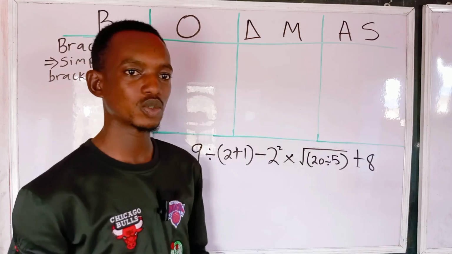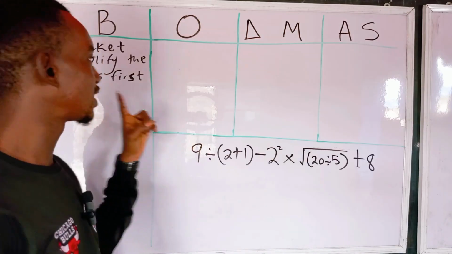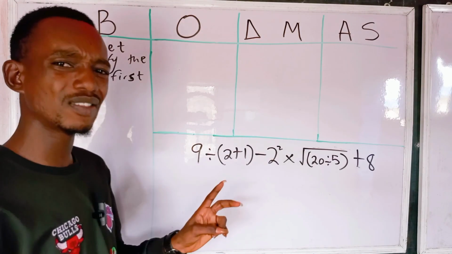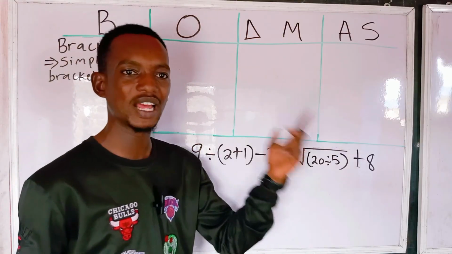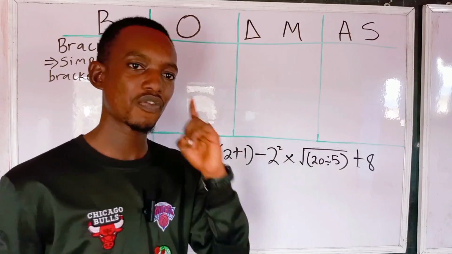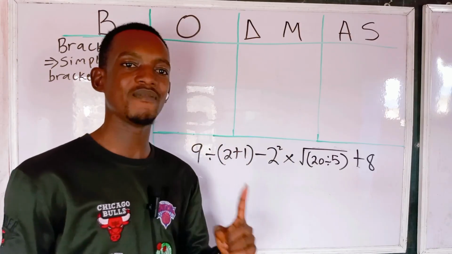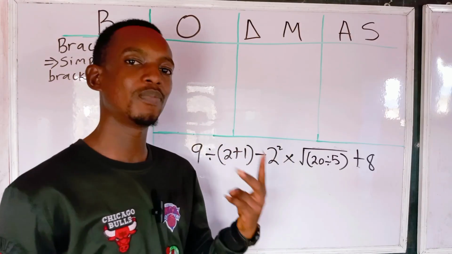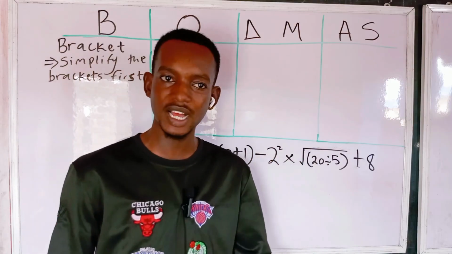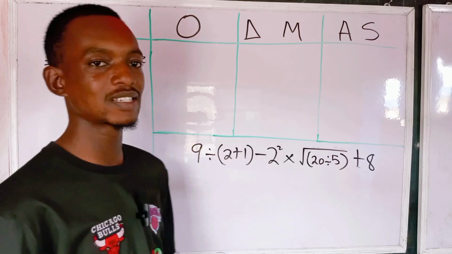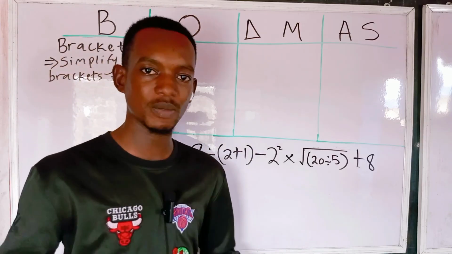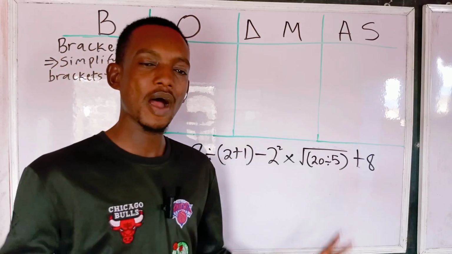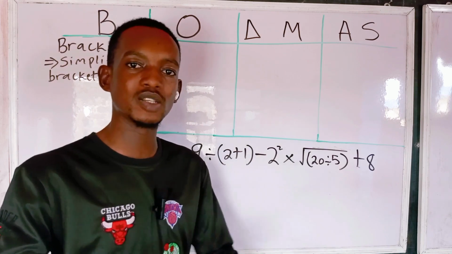Please, this statement is very, very important. Simplify the bracket first. Once the bracket has been simplified and can be simplified no further, then that bracket acts 100% as multiplication. It now has the same priority as